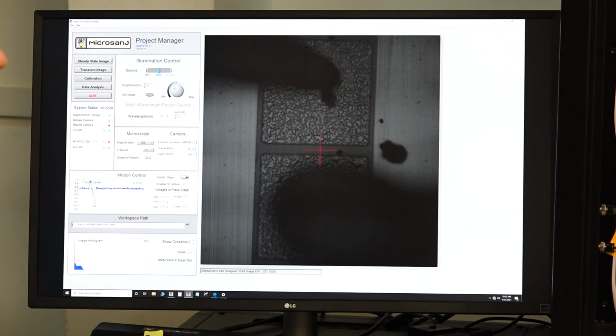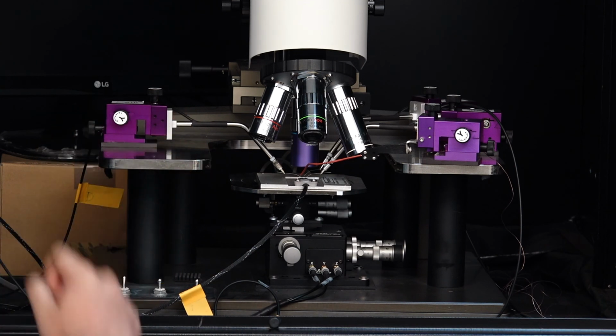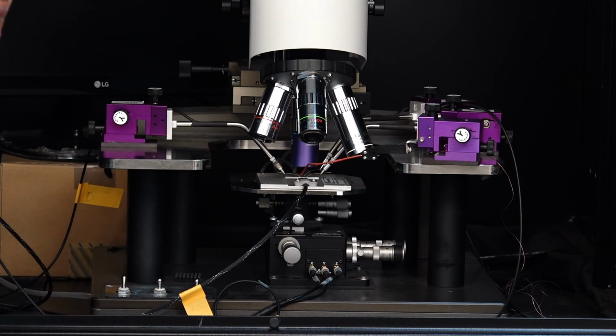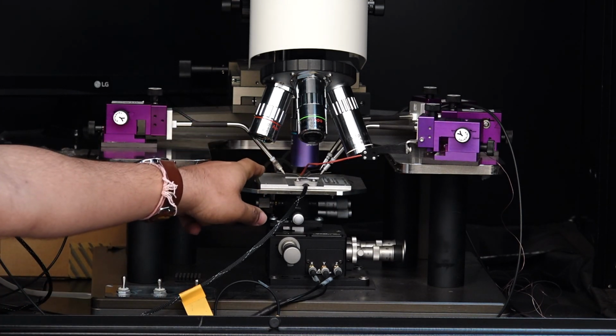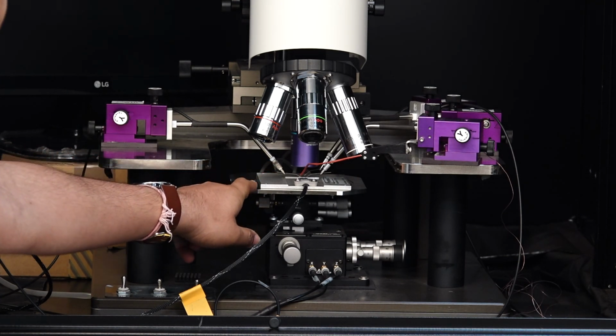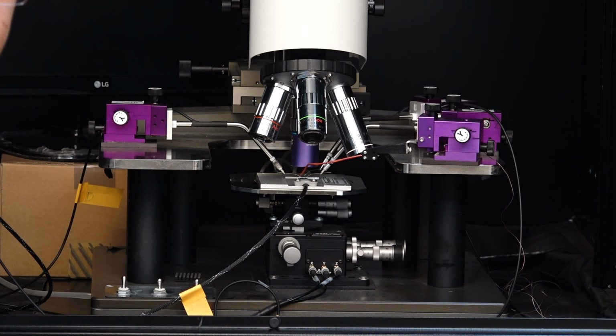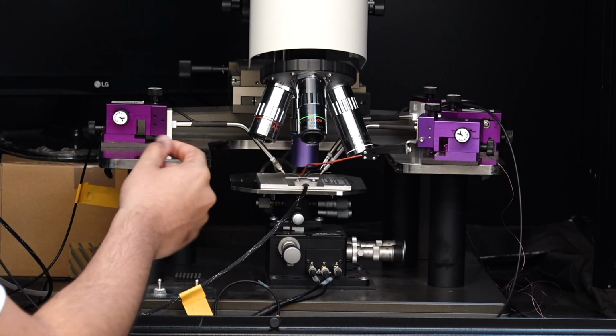So when I load the sample, with the brief introduction to the illumination control and the stages, I'll show here how we have probed the device. We are using a gallium nitride based resistive structure, and here you can see that the semiconductor die is placed on a heater. This is a heater which we will be using in calibration. In the calibration module, I'll discuss it in detail. The die is sitting on a heater, and this whole thing is held by a chuck vacuum.